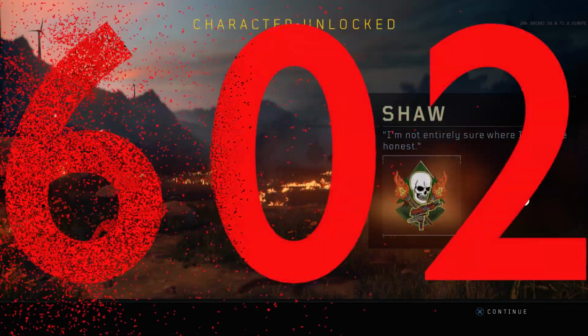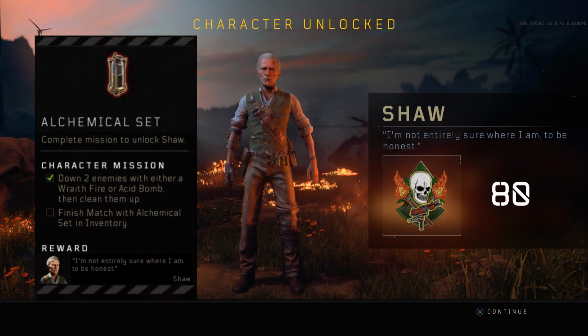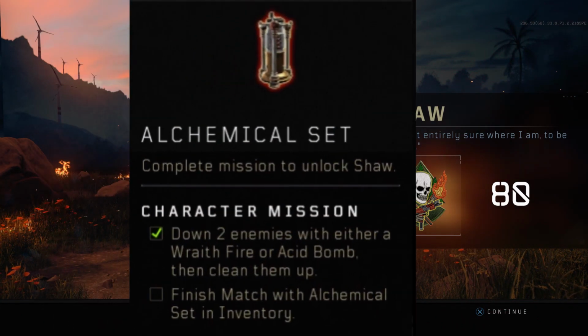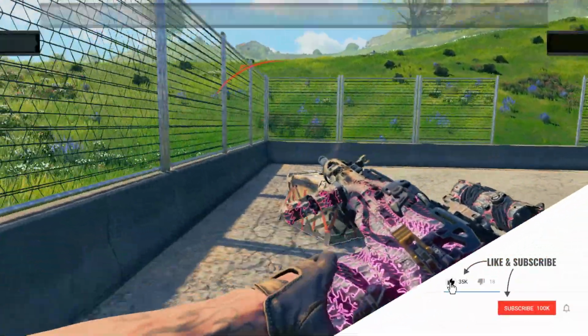To unlock Shaw, you need to complete 3 steps. The first step is you need to find the alchemy set. The second step is that you need to kill or down and then finish 2 enemies with either Wraith Fire or Acid Bombs. And the third and final step is you just need to finish the game with the alchemy